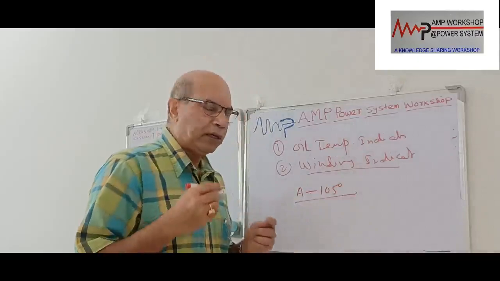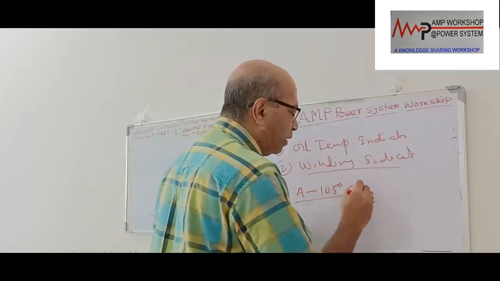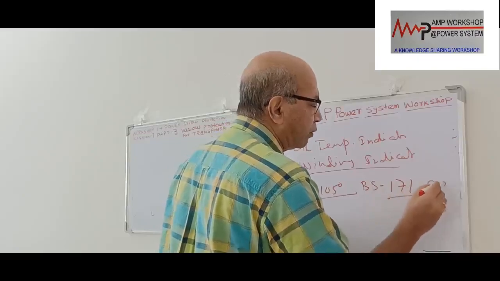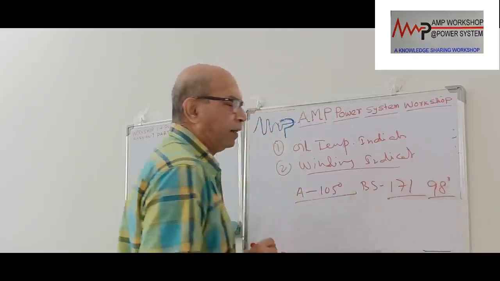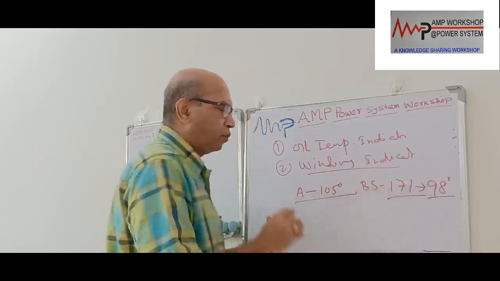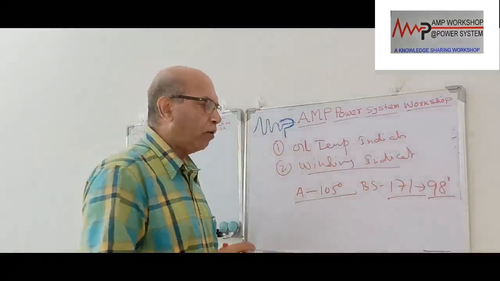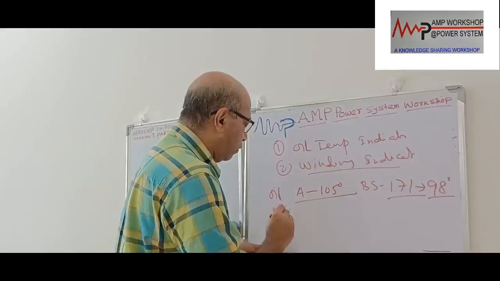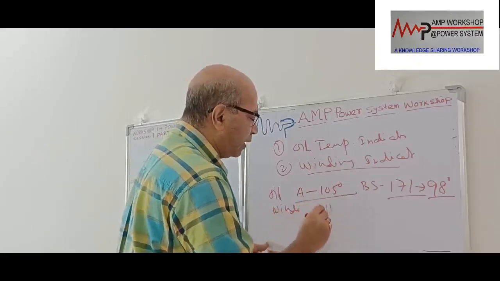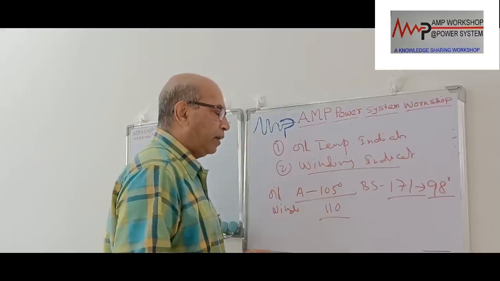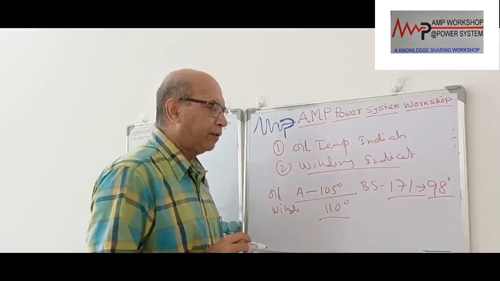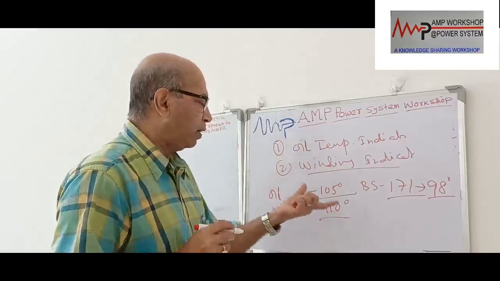Considering the limitations, as per BS 171 we have said the recommended transformer temperature should not go above 90 degrees centigrade. That is BS 971. So considering all these limitations, normally, in case of oil and in case of winding, we said it can go up to 5 degrees more. That means it can go to 110 degrees for winding rise, in case of winding actual as per specification.